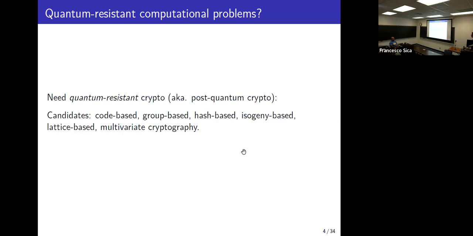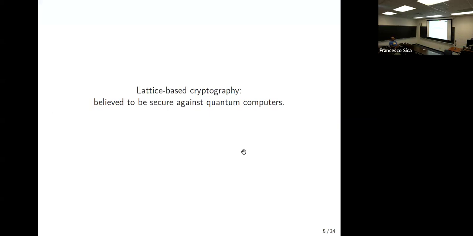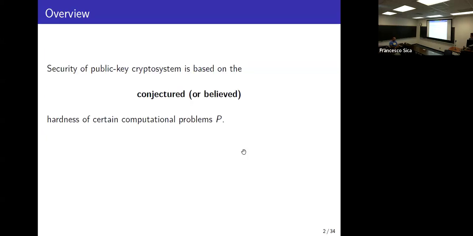Sometimes these assumptions are somewhat related, so their forms are similar. But anyway, I'm going to give a quick introduction to lattice-based crypto, which is hopefully believed to be secure against quantum computers at this moment. Again, going back to the first page, so far believed just means this is a conjecture. We are conjecturing that there is no efficient quantum algorithm for breaking lattice problems, but we haven't ruled out the possibility that there is such an algorithm.